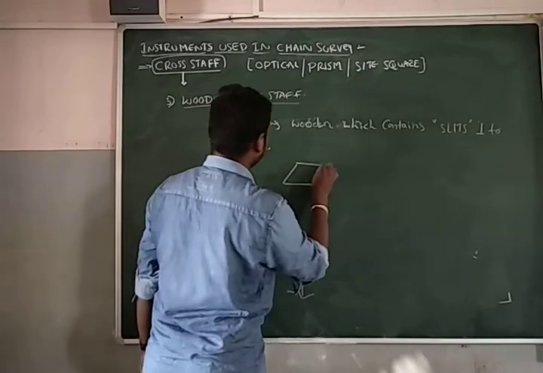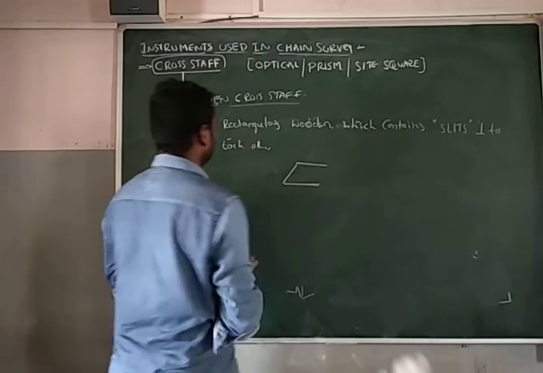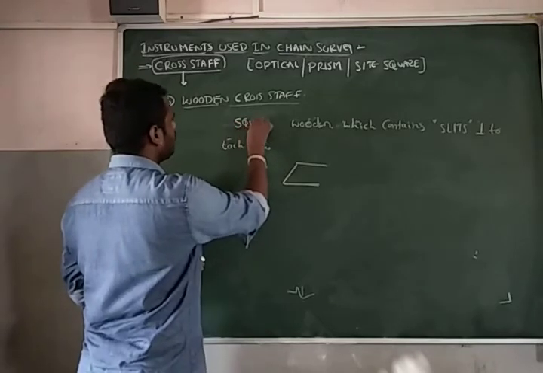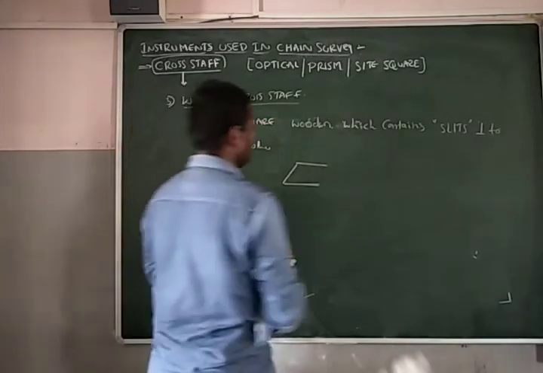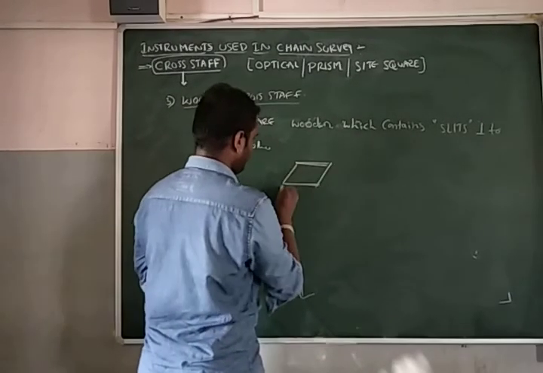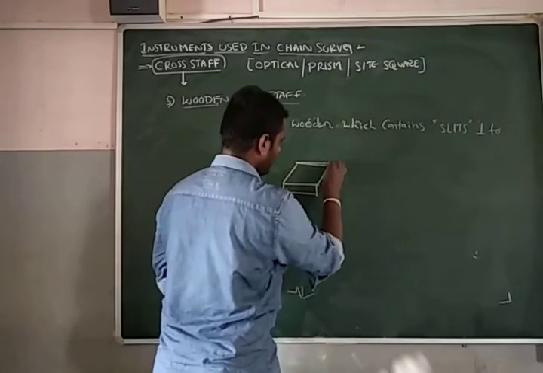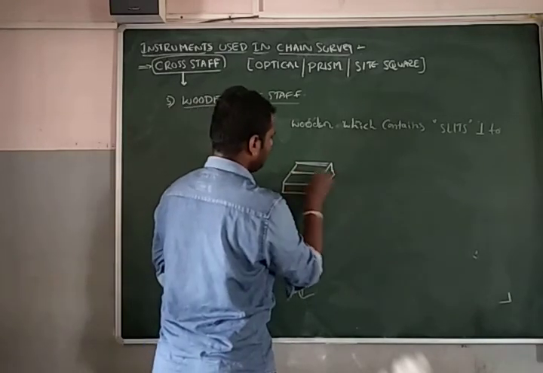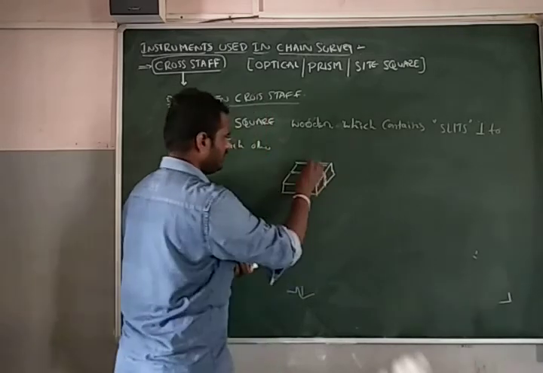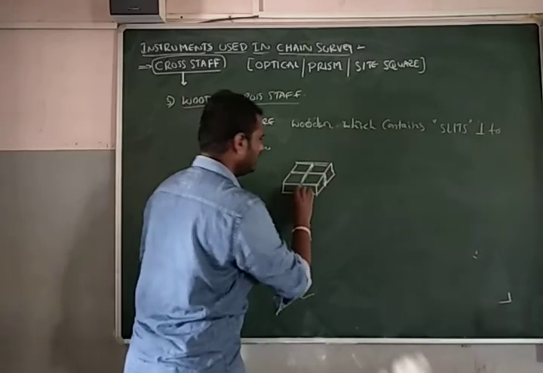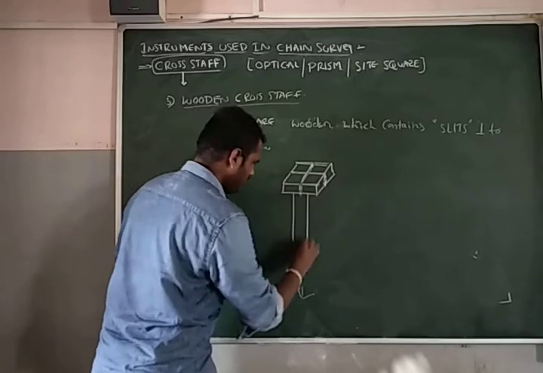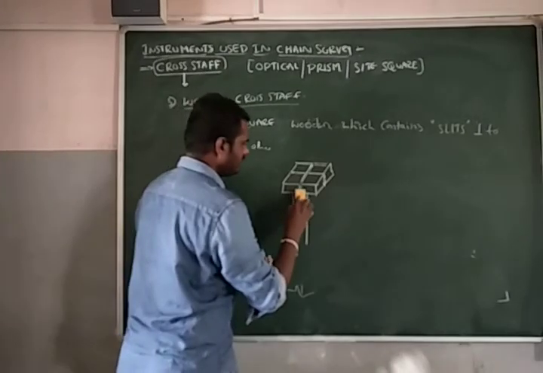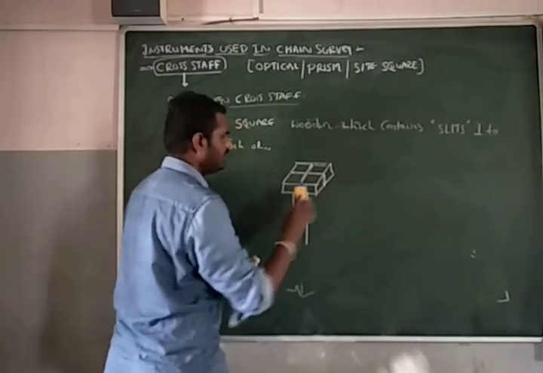It's a square, I'm extremely sorry. This is not a rectangle, this is a square, which contains the slit lines. At the center it contains slits like this, and over here also at the center, so this should be mounted over a wooden rod. This slot could not be continued, so this should be up to here only, and this should be up